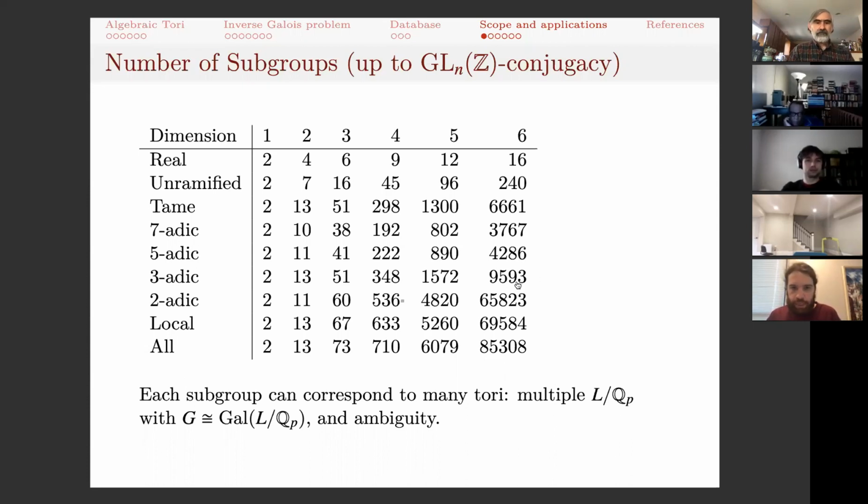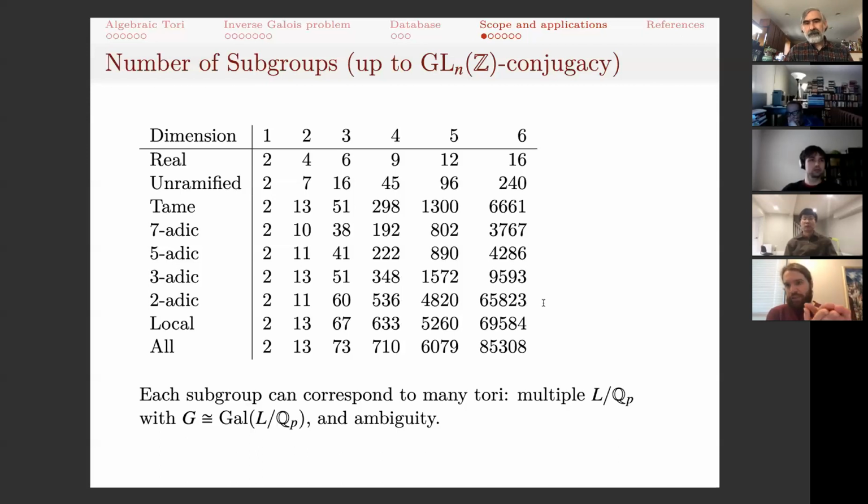If you look at groups for p bigger than 2, it drops a lot. You can also see that the problem is a lot more complicated than it is over the reals. Over the reals in dimension 6, we only have 16 tori, whereas over Q2 there's at least 65,000 tori. Sorry, I shouldn't say at least, but it's definitely true. Remember, these are measuring subgroups, which are not in one-to-one correspondence with tori. So each of these subgroups are going to correspond